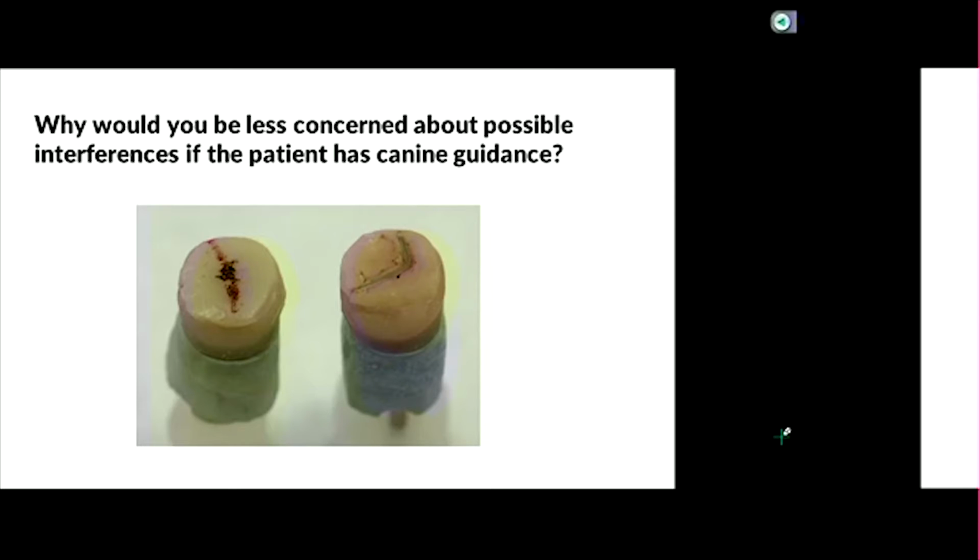More shallow. And why do you say more shallow? Well, if it's steeper, you're going to get disclusion quicker, and so the possible interference will be less likely. But if it was more shallow, then possible interference is going to be more likely. And so then if you can make sure that there's going to be no interference on a shallow eminence, then